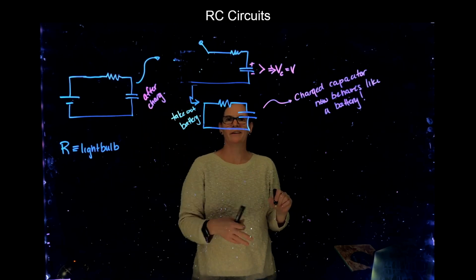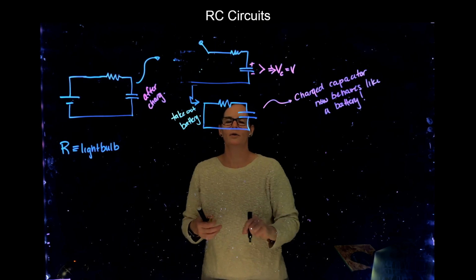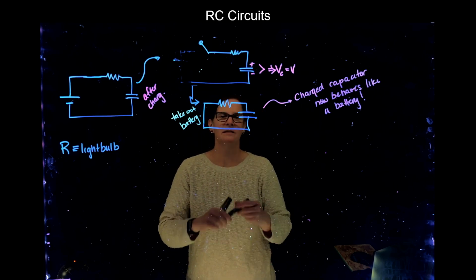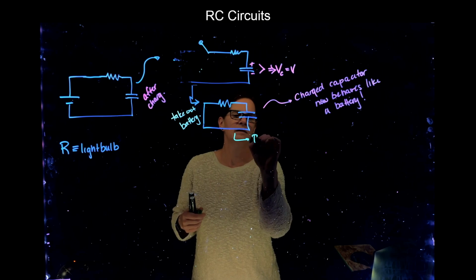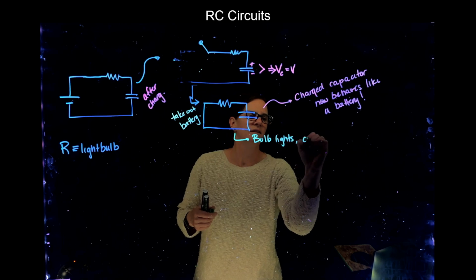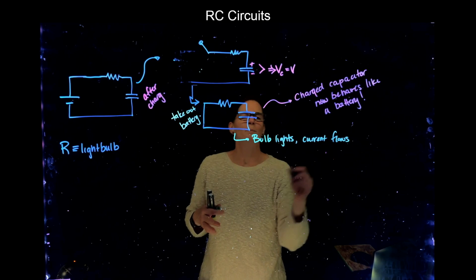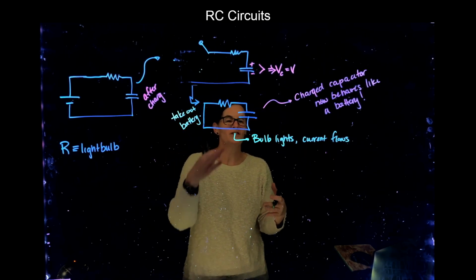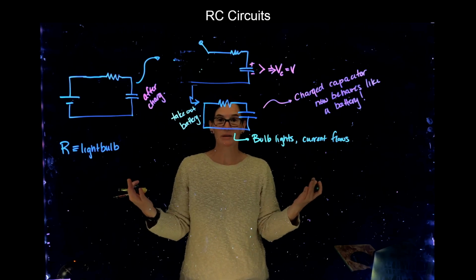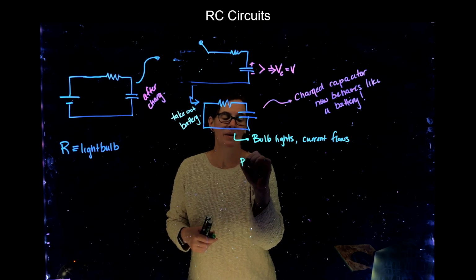And I have a little battery. I have a potential difference in the circuit, high to low. And if I have a battery, if I have a potential difference, the bulb lights, current flows. But the source of these charges are the plates of the capacitors, and as current flows, what happens to those plates? Well, the plates of the capacitor